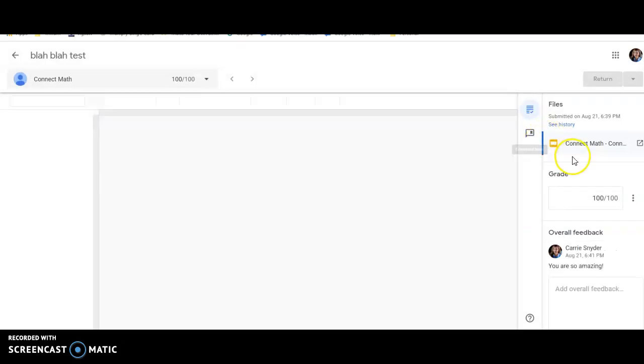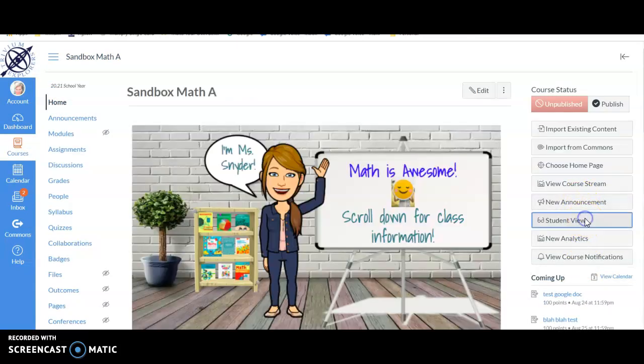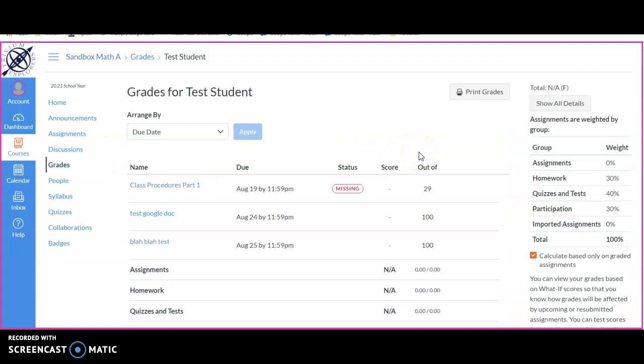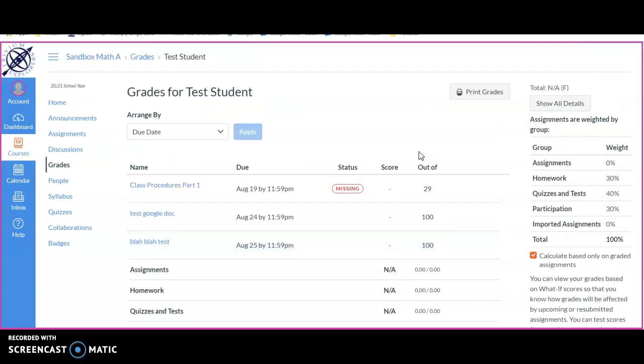So let me open this again. So that's as far as I can take this because I don't know how to get the grades. I don't know if this is a problem with the test student or if this would be with all the students, but I made it up as far as the grading, so I hope that helps you guys out